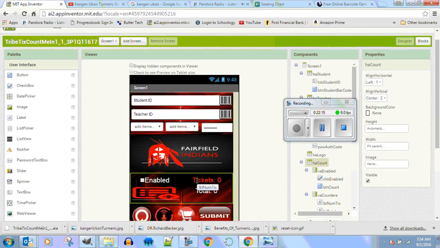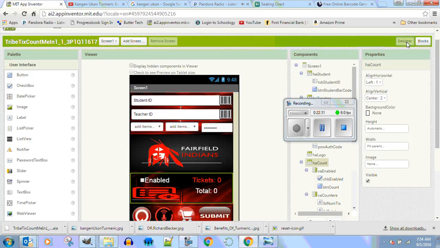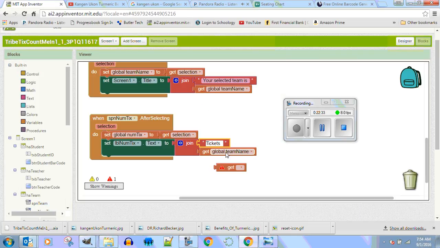Are you with me on that? I want only the 0 to change here. Okay? Does that make sense? So I'm going to go back here, and I'm going to make this portion of it look exactly like what I have on the screen. So it's going to say tickets. Did I say tickets or ticket? Tickets, okay. So tickets,